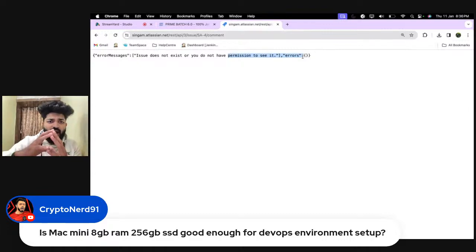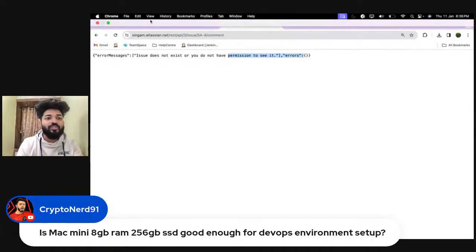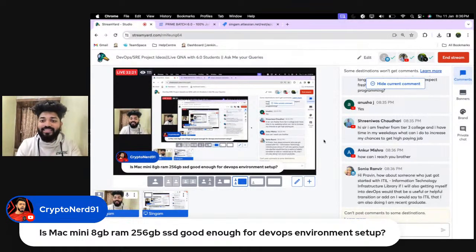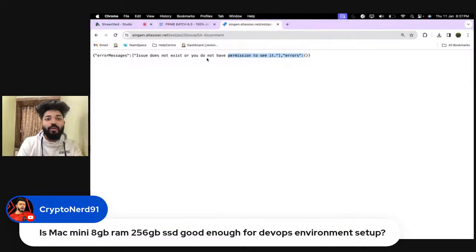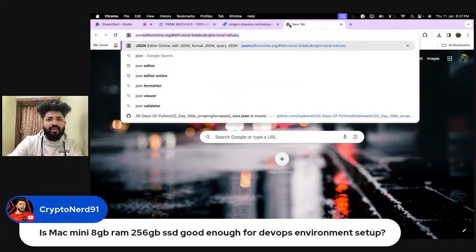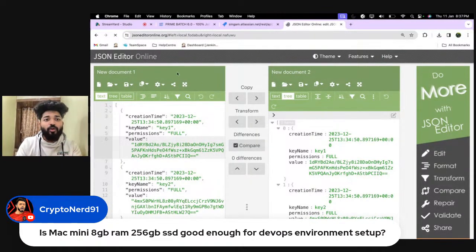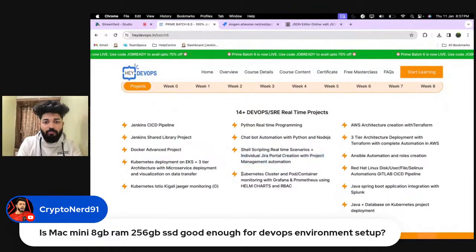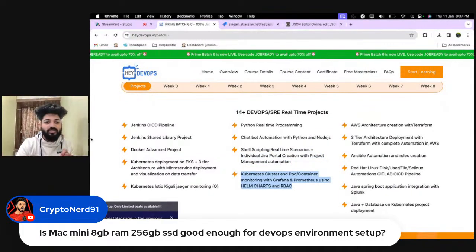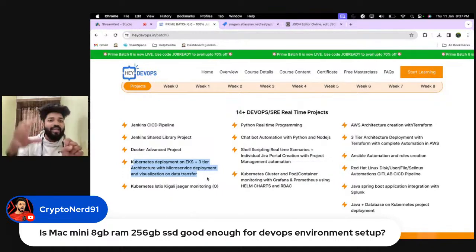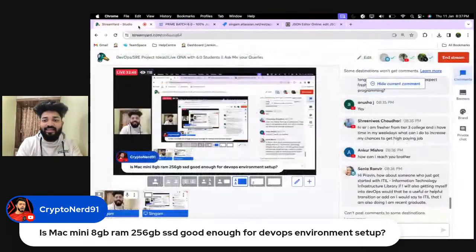So guys, you see how we are tackling the projects in real time. That is what we are going to do in 6.0, right? So basically all these things, I would like to tell you, we are going to prepare you on the real time basis. Either you can see here, or I will be telling like big JSON editor data, we are going to catch it. And in the Kubernetes real time project, we'll be purely working on 3 microservices, where each of the microservice will be talking with other microservices, right? So I hope you are making it clear.